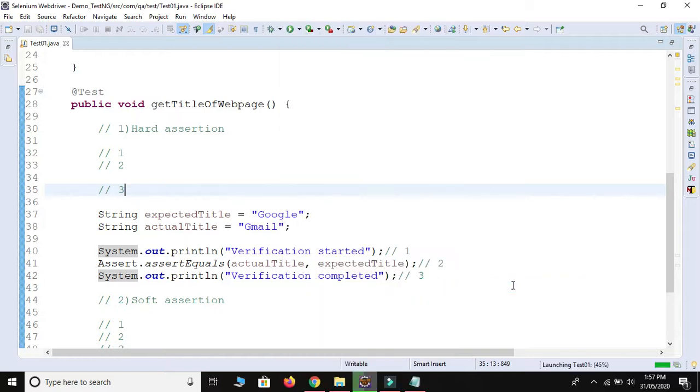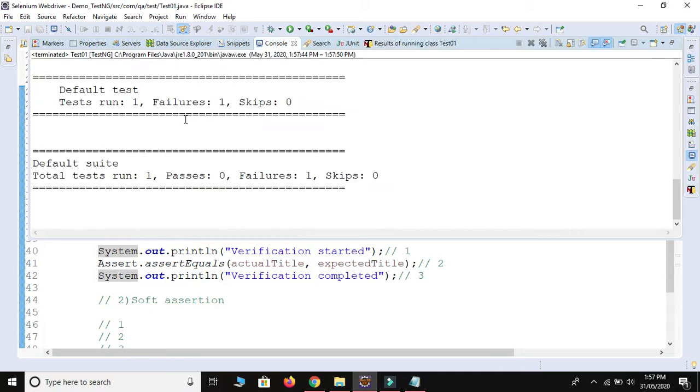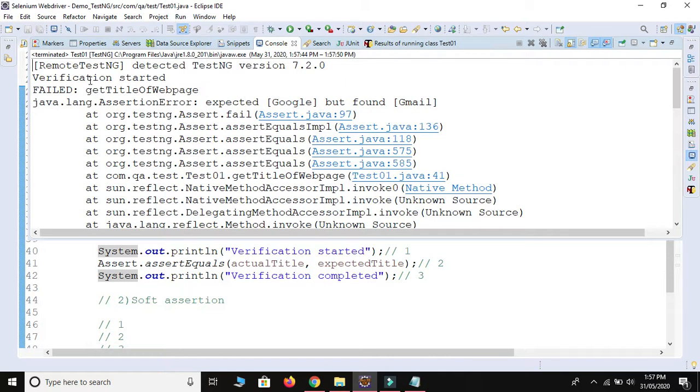TestNG. Just a minute. See, my test case is failed. Let me open the console. See, verification is started, but we get this exception. Expected is Google, but we found Gmail. So this is the expectation.